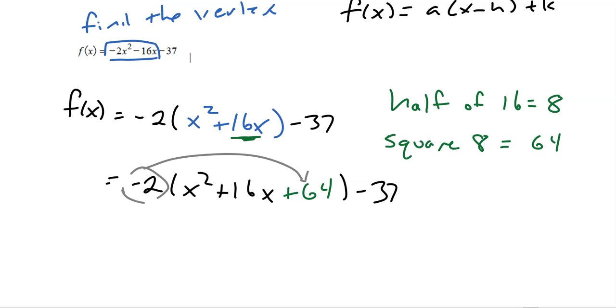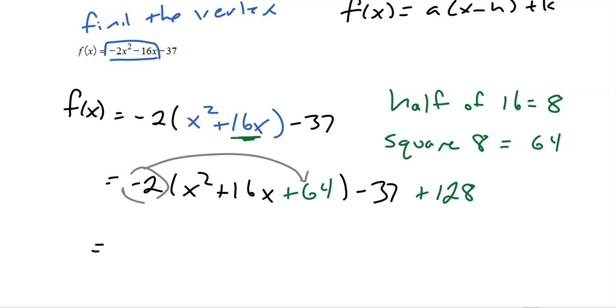Now, I have to balance that out because the only number that we can add is 0, right? So if I put a negative 128 there, then by the same token, I have to do the opposite of that out here somewhere. Okay. All right, so since we put the 64 in parentheses, really we had the 64 times negative 2, so that's the negative 128. That's why I put a plus